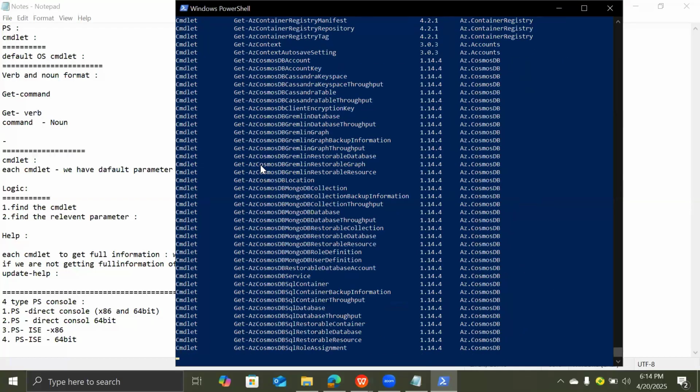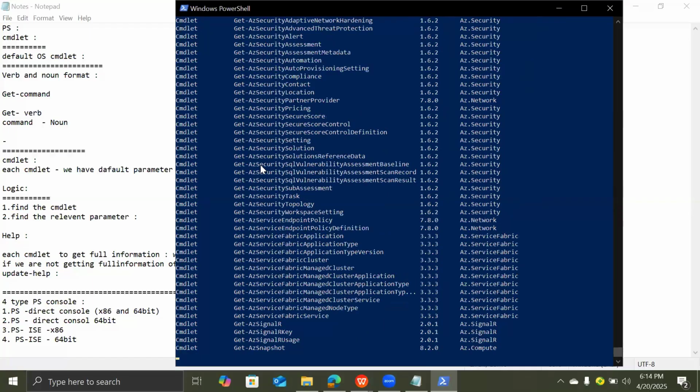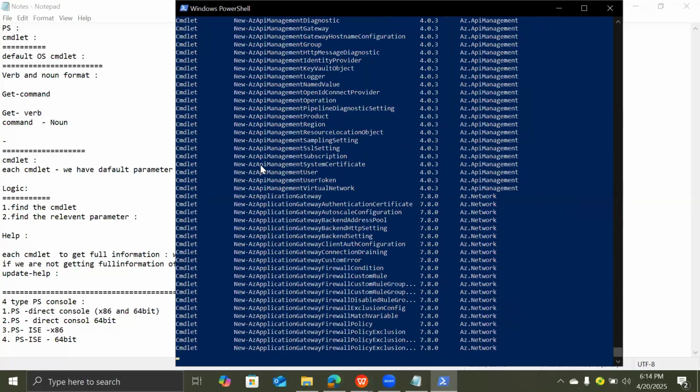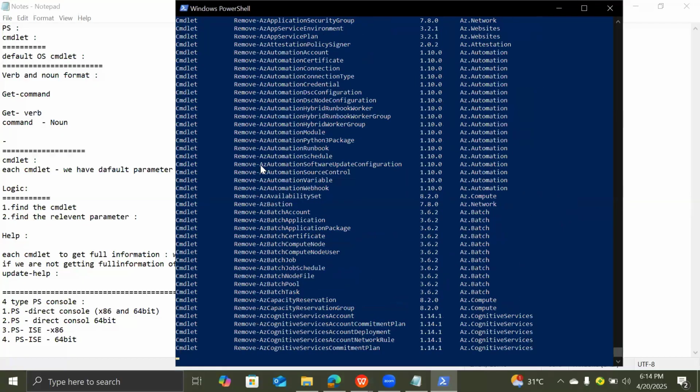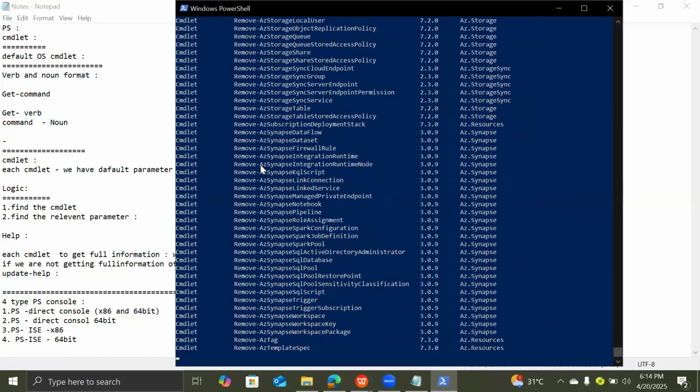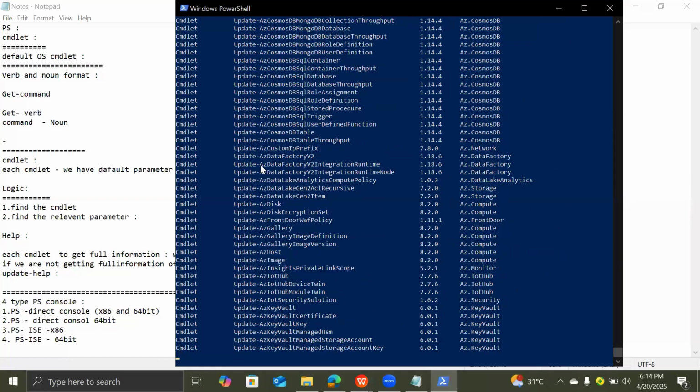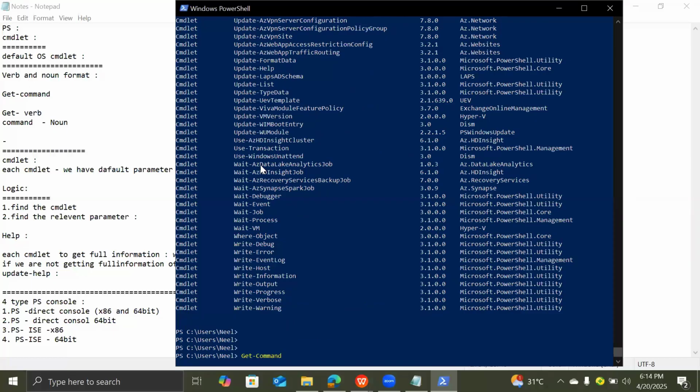Type Get-Command, and you can find how many commandlets are there. These are all default operating system commandlets. In my operating system, I have installed a couple of modules. Along with that, you would be getting this. If I ask my PowerShell how many commandlets are there by default in my operating system,